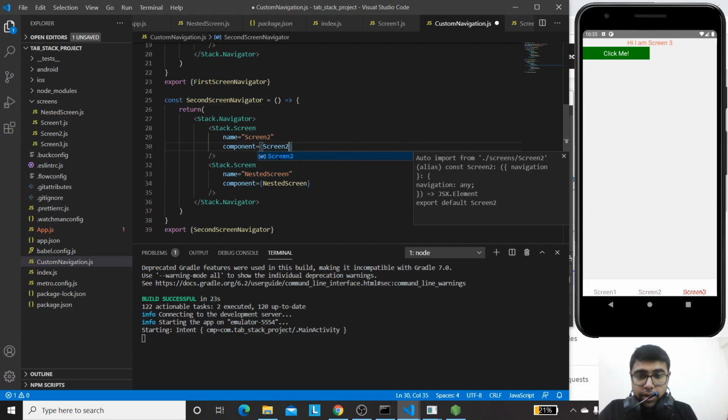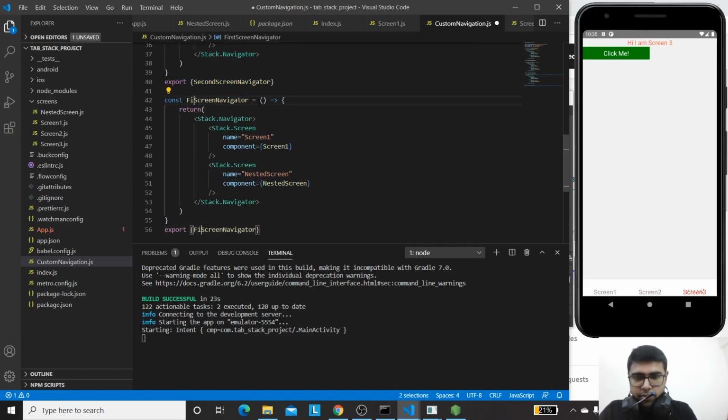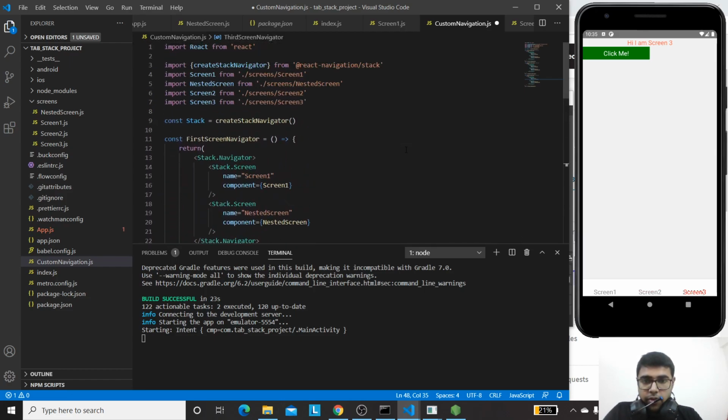Make sure to import it, and similarly for the third screen. Alright, so this was the second last step that we need to accomplish, and now we have created the